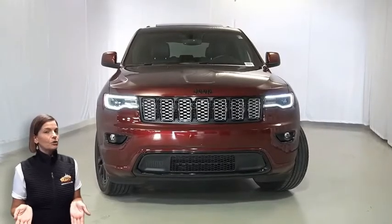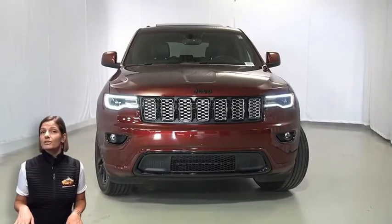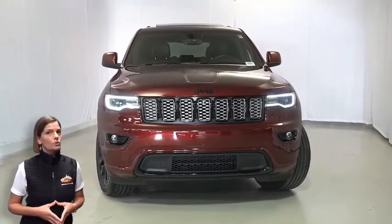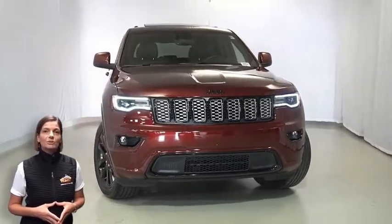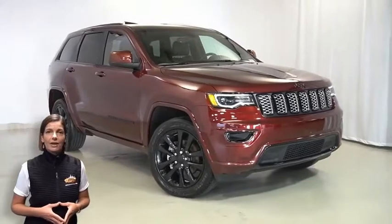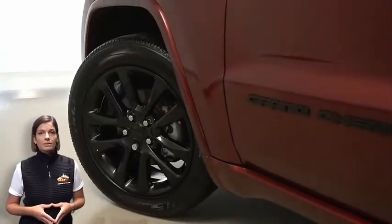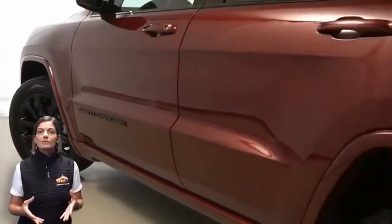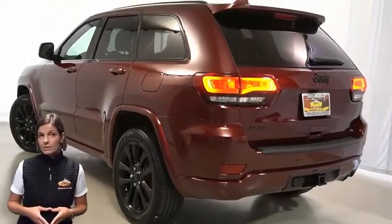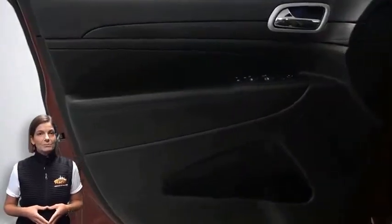Looking for a highly equipped SUV with all the right options and reliability? We'll take a look at this certified pre-owned 2020 Jeep Grand Cherokee Altitude in velvet red pearl. With bi-xenon HID headlamps, premium fog lamps, 20-inch aluminum wheels, power heated mirrors, LED tail lamps, tow package, heated front seats, heated steering wheel, 22,000 miles on the odometer,